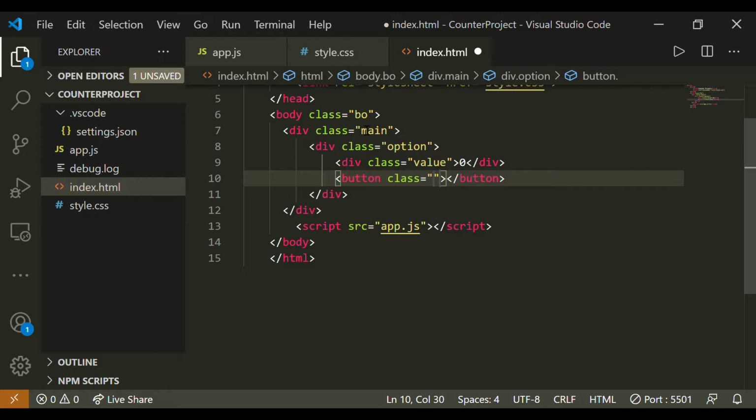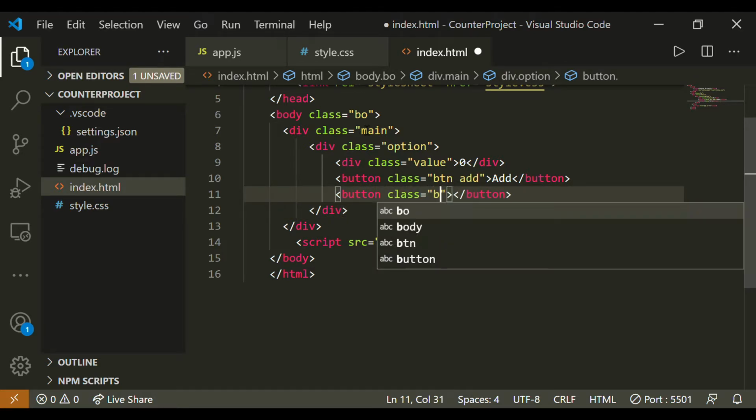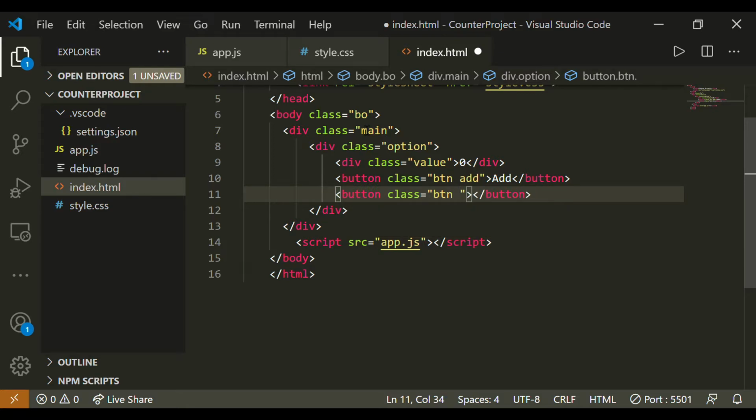These buttons will be having a common class btn and a special class for every button to identify differently. So we have mainly three buttons with one same class, so that we can give every button the same style, and one with a different class. This would be reset because we want our reset button in the middle.